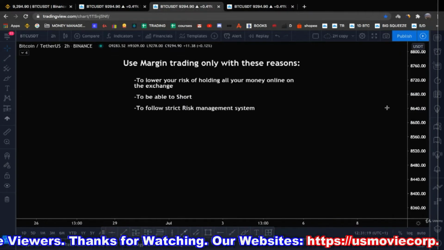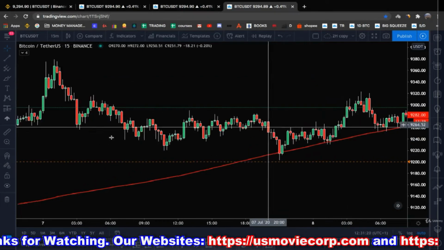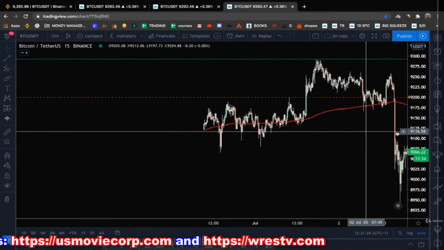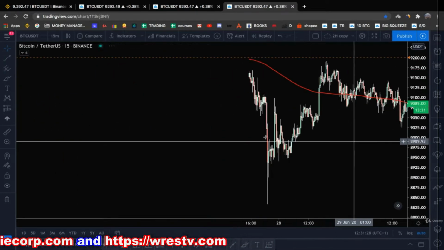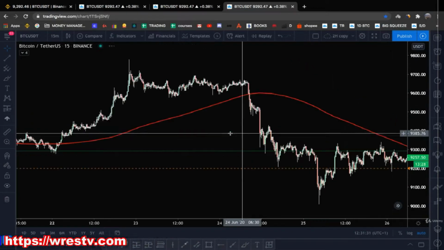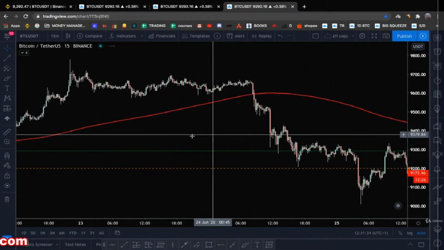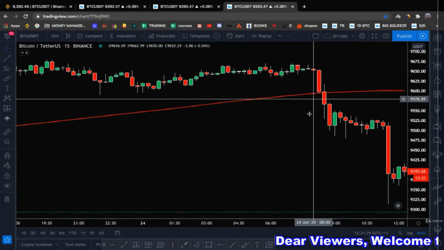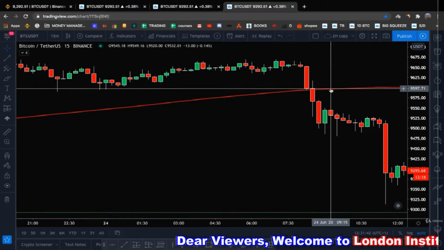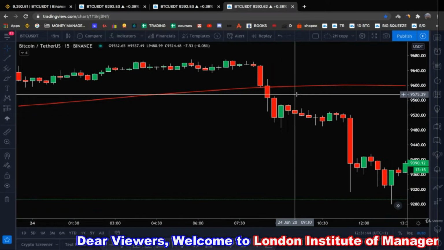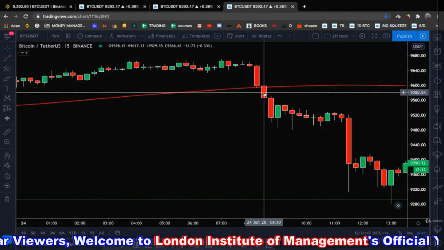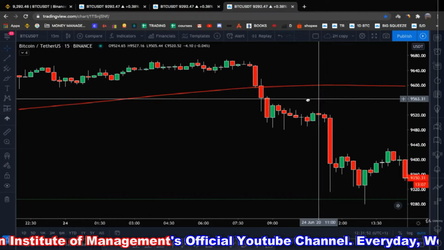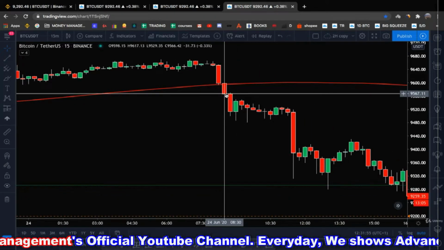For example, let me give you, let's go back here. Let's just find a good example. Okay, let's just see here. I'll give you the same trade example. Now this is not how I trade based simply on the 200 simple moving average, but I just want to give you an example. So now you can see that you lost, on the 15 minutes, this 200 simple moving average. So let's say that you want to enter a short trade.